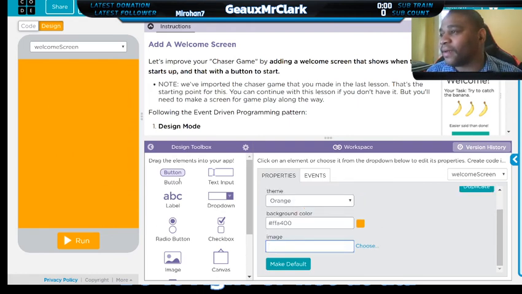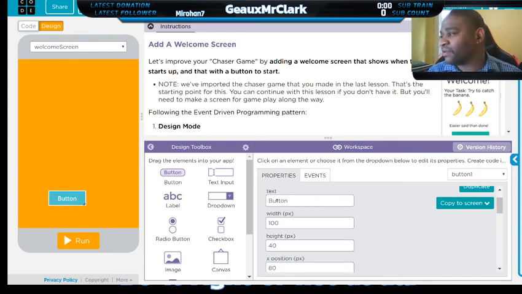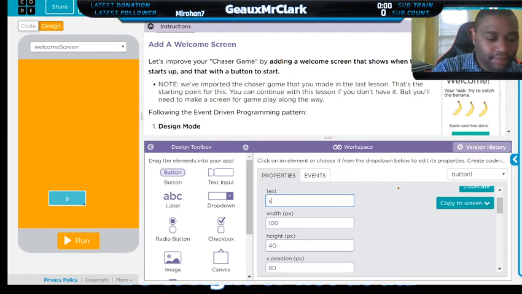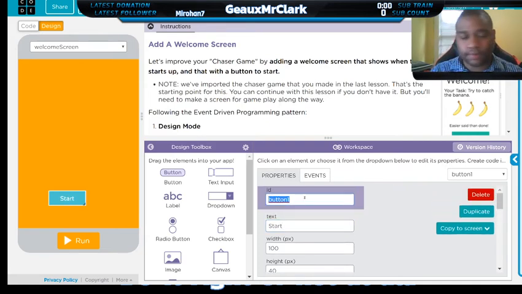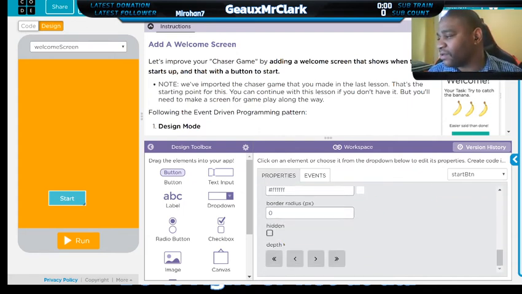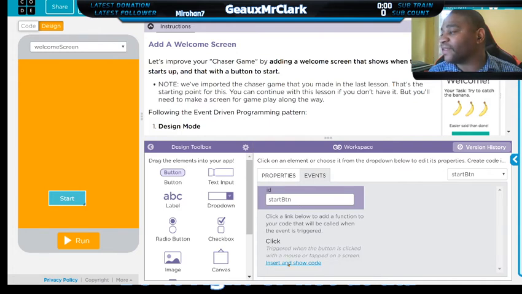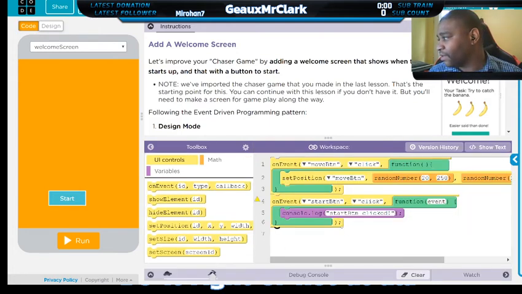Alright, I'm gonna drag a button on here. Remember, this should be our start button. So start BTN. It should say start, right? Start BTN should be the ID. So now it's gonna have a start button that does things. I'm gonna throw it in the code. Remember, I do on event to send that code straight to where I want it. So when I click start button, it'll send,